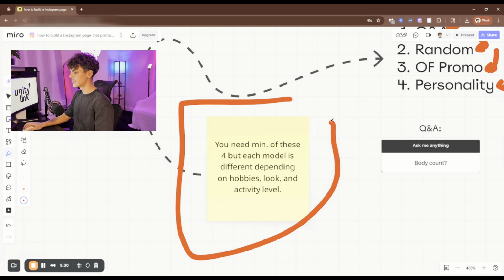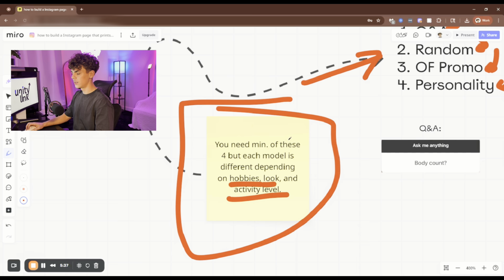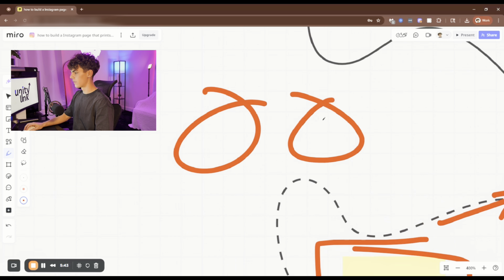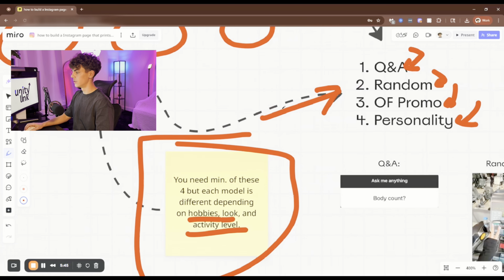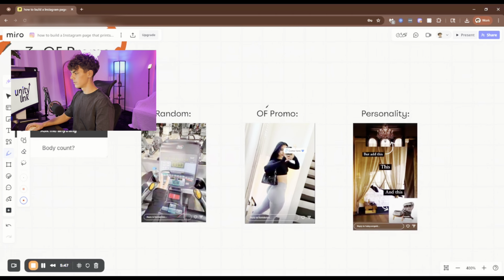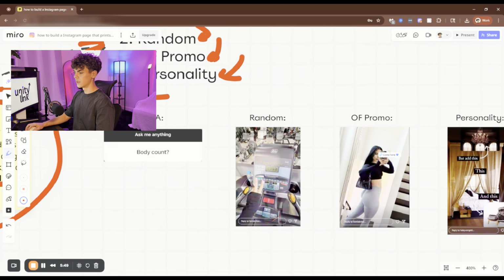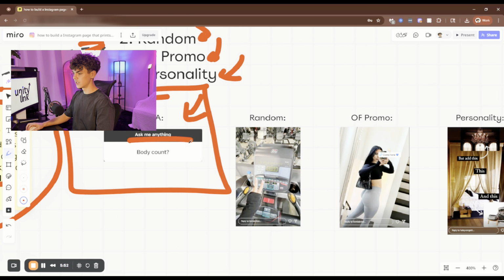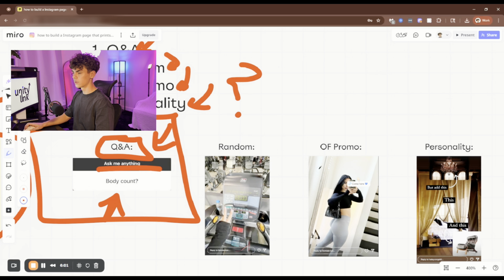Now, a quick note is that you need the minimum of these 4, but depending on the model, whether her hobbies, look, and activity level is really going to make the deciding factor of how many highlights you actually do have. So just to give you examples of all of these, what I mean by these 4, the Q&A, I meant by these asking the ask me anything thing, and then people are going to obviously respond to it, make stories, post it,